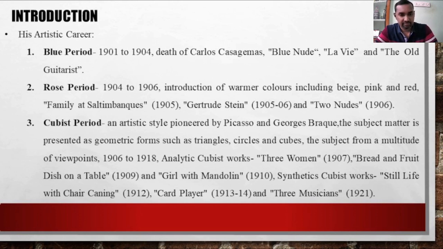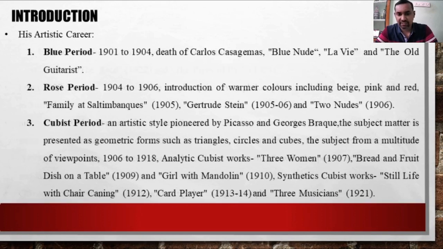This movement was also a break from the long standing tendency in art to attempt to create the illusion of a real three dimensional space from a fixed viewpoint on the two dimensional canvas. Cubist artists and Cubism art emphasize the two dimensional nature of the canvas instead of creating the illusion of depth. So, this movement was also a reaction against the kind of practices that existed in the field of painting earlier.